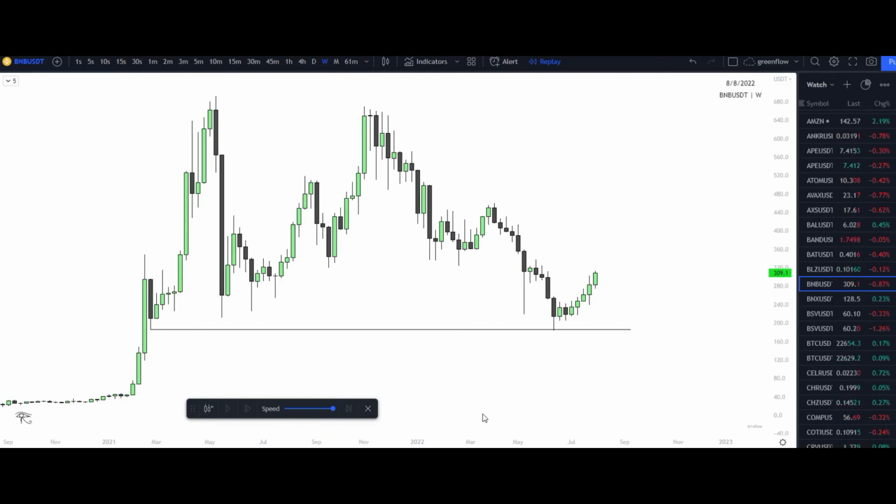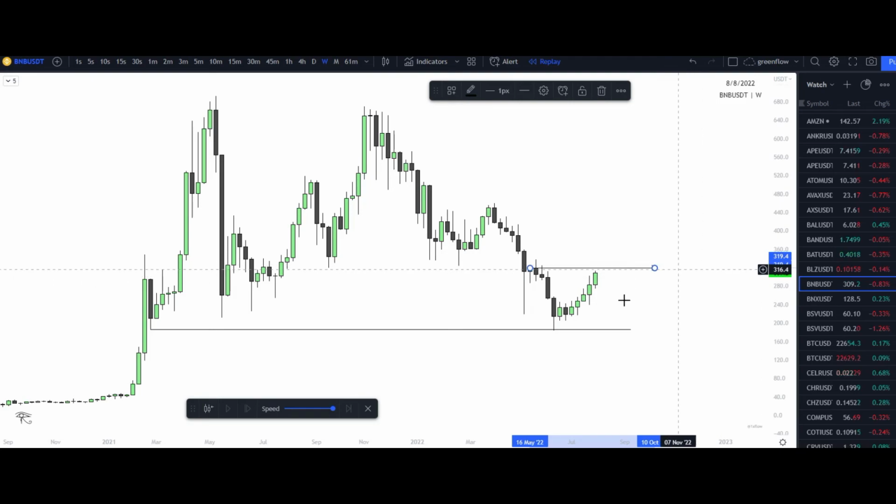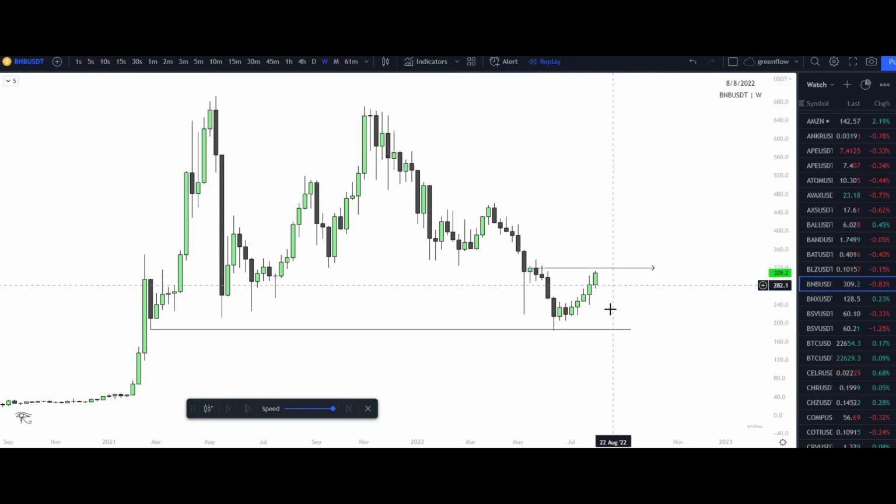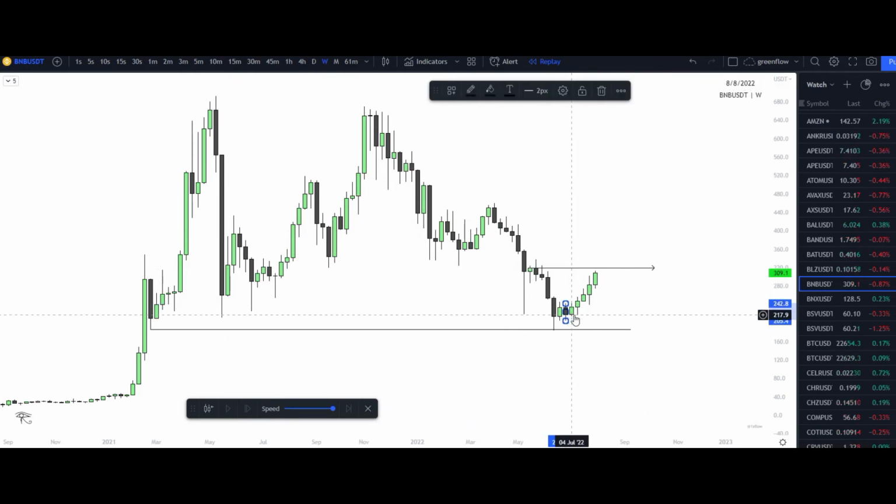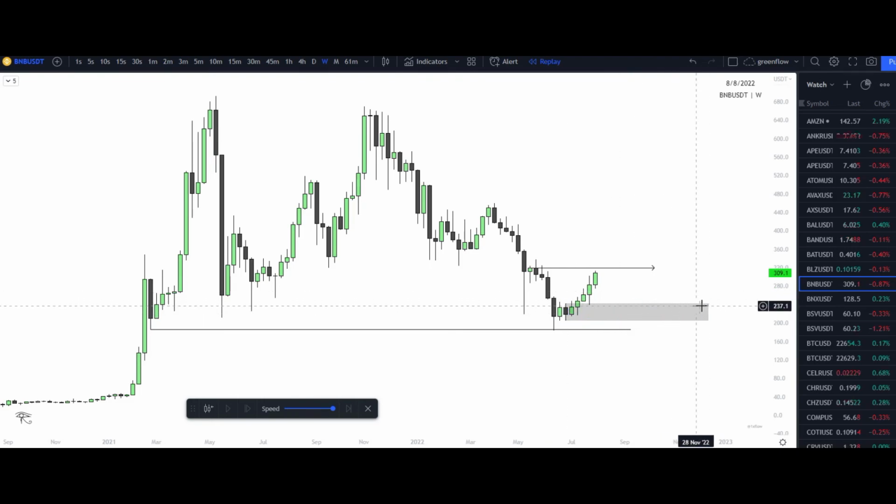On a weekly time frame, to want to see a continuation to the upside, I would look for a weekly close over this high sitting here at 319.4 on the weekly, right? And then a mitigation of possibly this institutional candle that caused that after a liquidity raid to the downside. Confirm that with your daily structure, right? Down here at this area of 243. Now this is only the weekly right now, right?